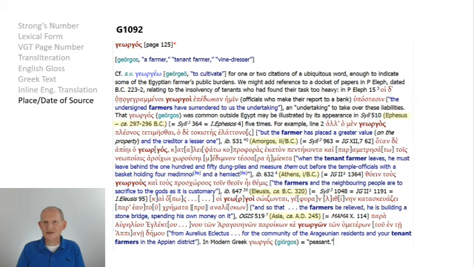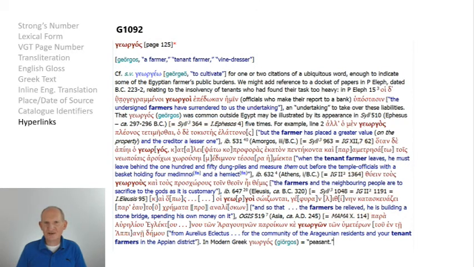Sometimes Moulton and Milligan includes this, but not always. Next, I've given several catalog identifiers. If you've worked with epigraphy or papyri, you know that one of the really challenging, and I would even say frustrating, things is trying to find a particular source, because often the same text gets listed under several catalog identifiers. So what I've done here is provided several identifiers to help you locate these sources.